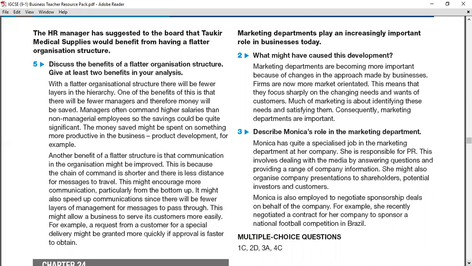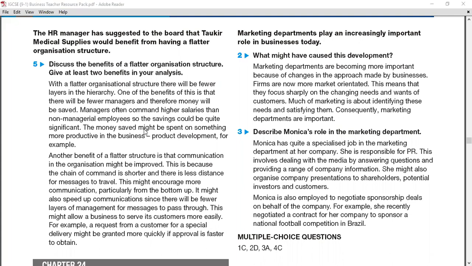Sometimes in a long chain of command, in a situation like a customer request, approvals will take so much time because of the bureaucracy and delegating the work from the bottom. So many layers, so many officials to sign the documents. Therefore, it will take a long time to process the decisions. But in a short chain of command situation, the flat structure, you can get the approval quickly. It's very fast to obtain. So these are the main things that we talk about mainly from this chapter review question, right?